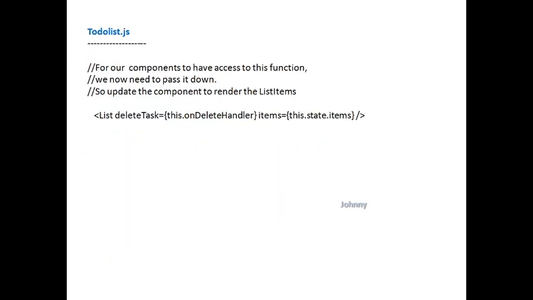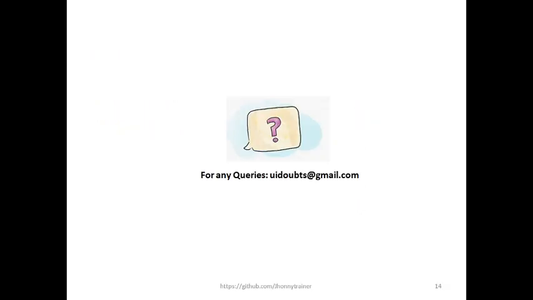So next one, we are trying to include this same whatever we have defined the delete task in the render method below the submit button to list out the set of items, and based upon the event handler, it will try to delete a particular element. So this is how we have done with the to-do list.